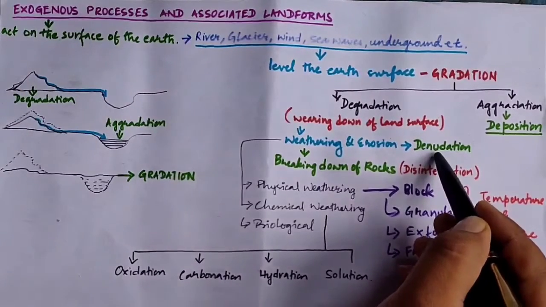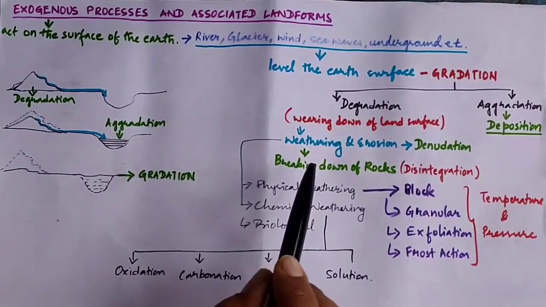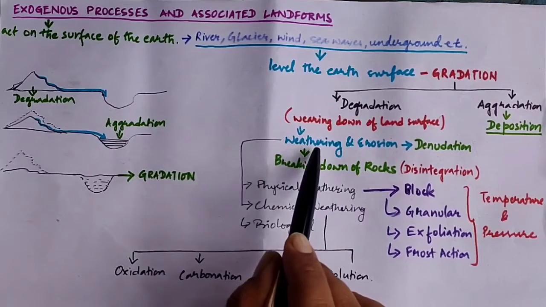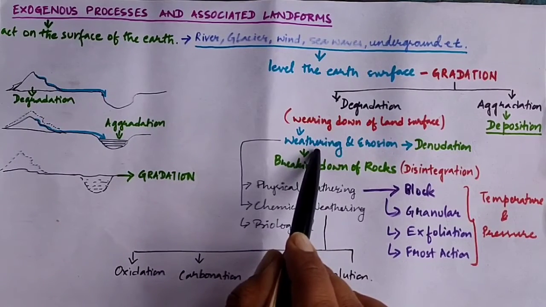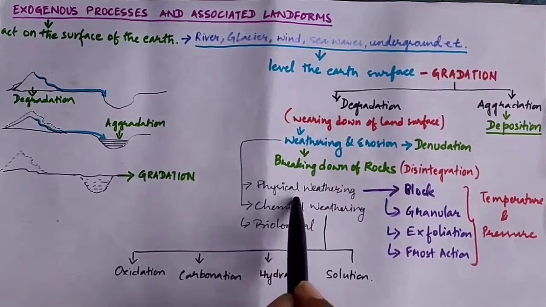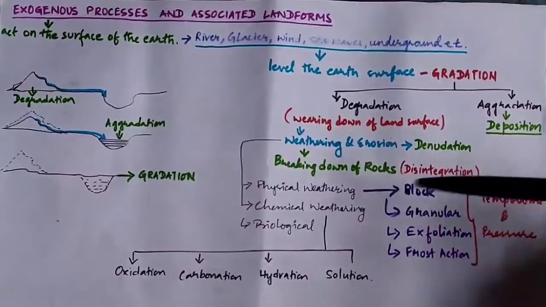Now we will move into another topic and study it in detail, that is weathering. Weathering we have already discussed, the definition being the breaking down of rocks into smaller pieces. Again there are different types: physical weathering, chemical weathering, and biological weathering. As the name already suggests over here,